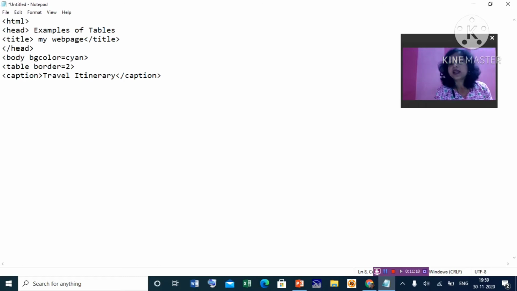Then our first row of the table. A table is always created row wise. One row, then the next row, then the next row, and the rows will be joined together. So the first row started. TR stands for table row. HTML is not a case sensitive language, so you can write in capital or small letters, it is up to you. The first row is known as the table header row, where we write the table headings.